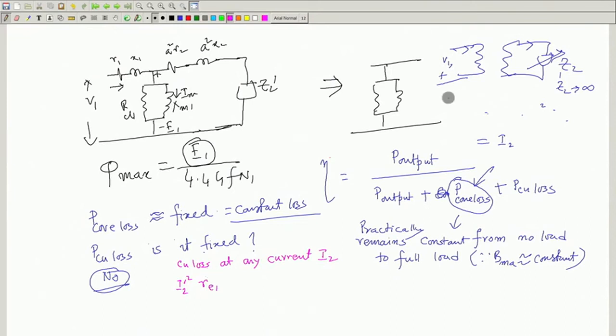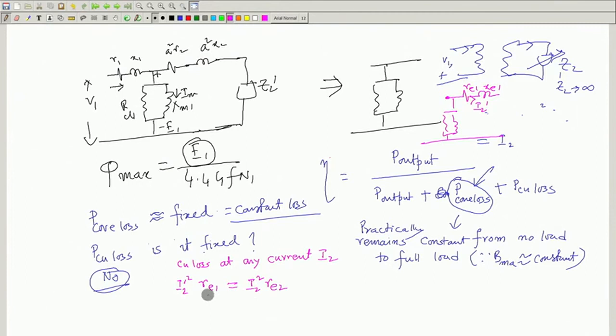Approximate equivalent circuit is this. This current is I 2 dashed. Here is the parallel branch. So, I 2 dash squared R E 1, which is same as I 2 square into R E 2. I mean, several ways you can write this, but the point to be noted here,